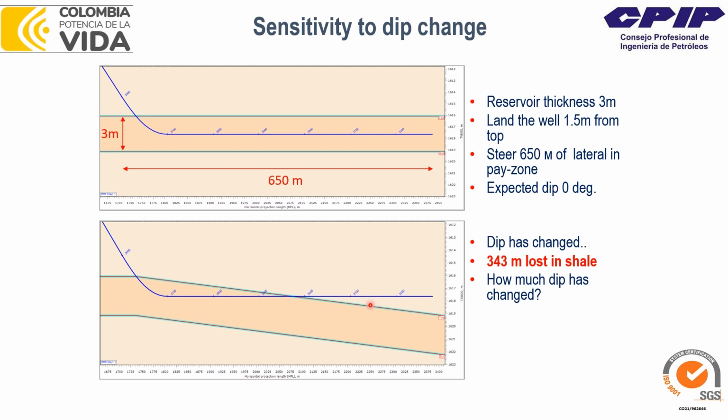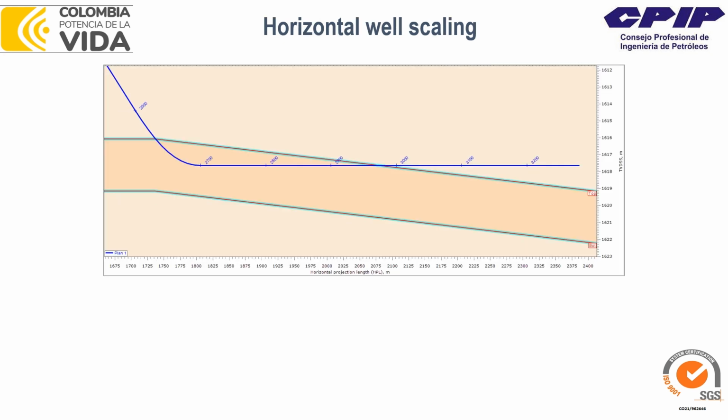How much did this dip really change to bring us this, I would say, catastrophic result, because almost half of the well is out of the pay zone, and probably in real life that is going to be a sidetrack and redrilling of the well. Okay. But before moving to the calculation, I just want to give a disclaimer. Please don't be confused by the scaling, right? Don't try to understand how large this angle is just by looking at the cross section, because for example, in this cross section